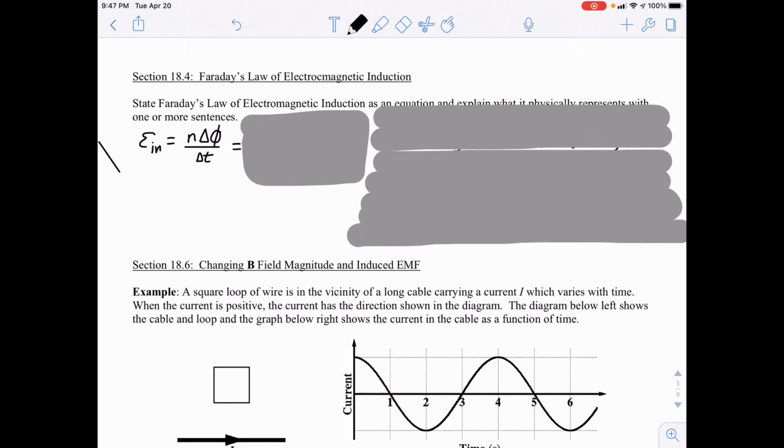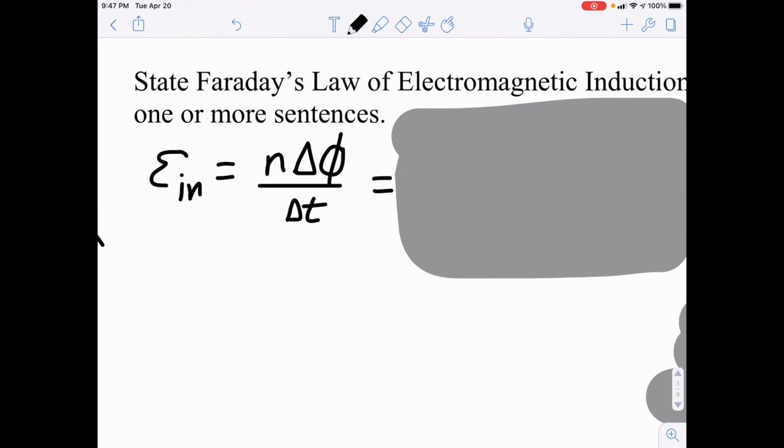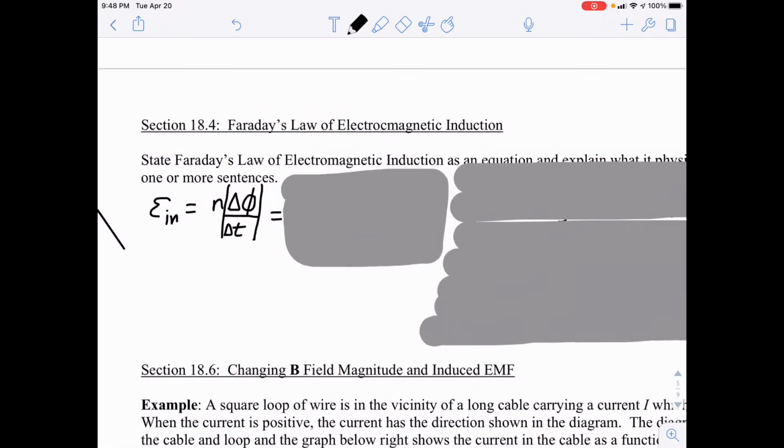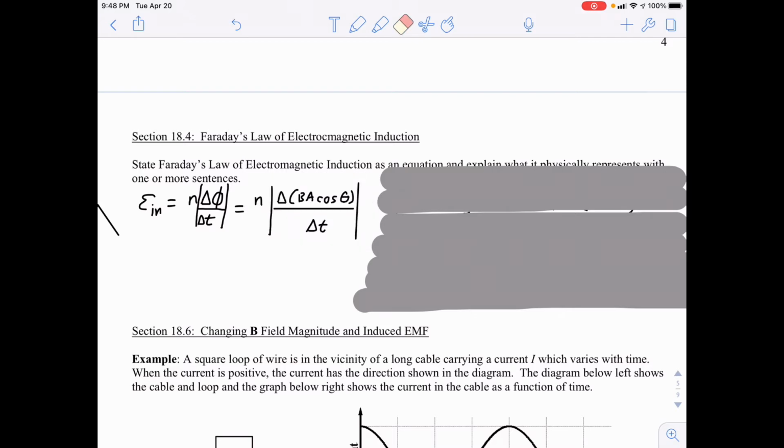We can write the induced EMF as epsilon with a subscript IN for induced. And it's N delta phi, which is delta flux, over delta t. Now, you can put absolute value bars, and I think that'd probably be wise, for those. That way the direction of the change in flux doesn't really matter. We're looking at the magnitude of the induced EMF. We can also rewrite that, of course, as delta flux as delta BA cosine theta, where